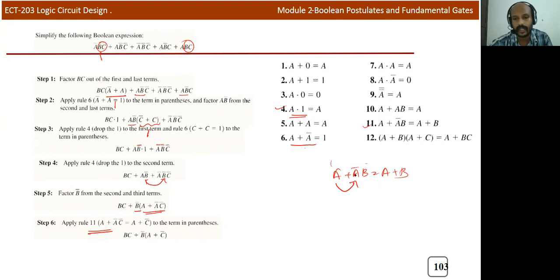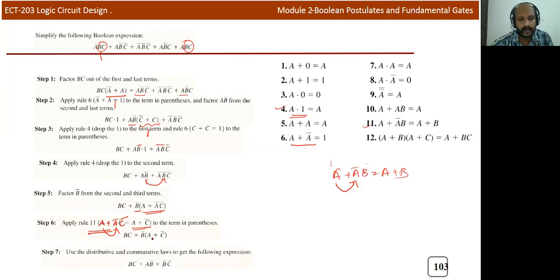So a plus b. Then you can reduce the second term, the complementary term. Similar to this, instead of b it is given as c, a c bar. So you can write a plus c bar, because here it is a plus a bar c bar. A and its complement is here, so you can reduce this complement. Finally you can multiply this, so you'll get bc plus b bar a plus b bar c bar. So this is your final expression.